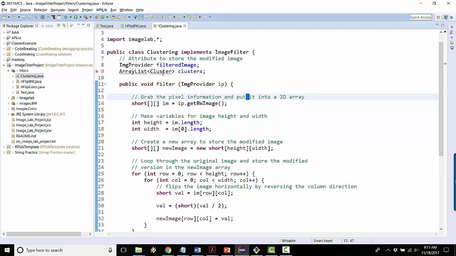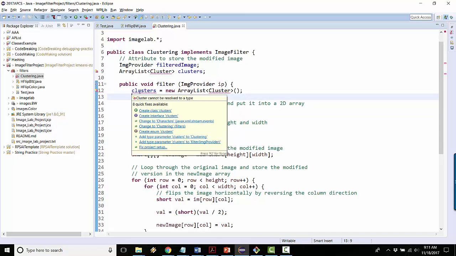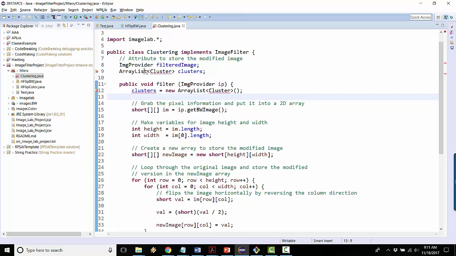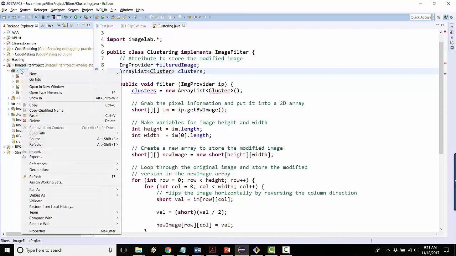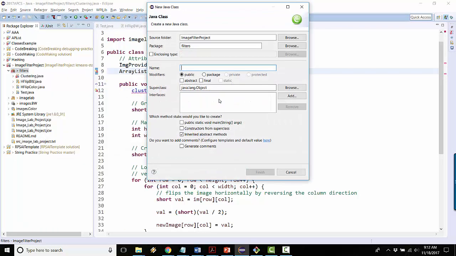You got to import array list. Obviously, we haven't made a cluster class yet, so that's a compile time error. And then right here at the top of filter, let's say clusters equals new array list of cluster objects. Oops. All right, cool. Why doesn't it like clusters? Oh, it probably just doesn't know about this yet. Okay, so let's go ahead and make our cluster class. I'm going to make this in the filters package, which is maybe a questionable choice, but there you have it. So cluster,